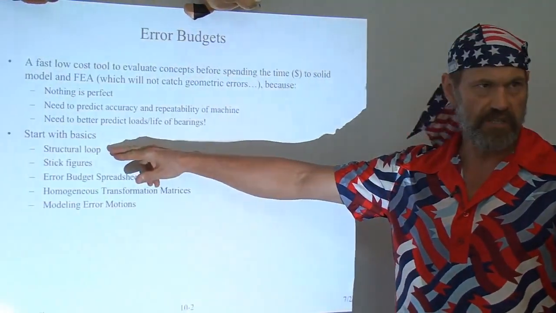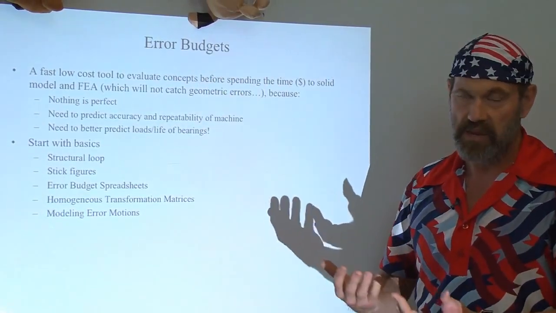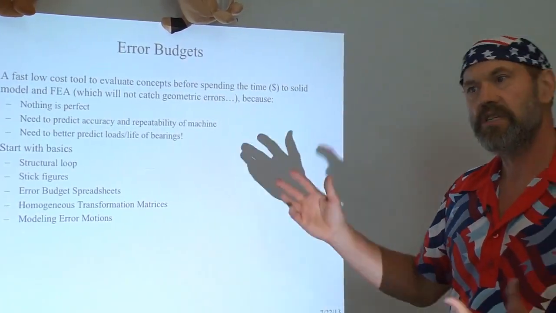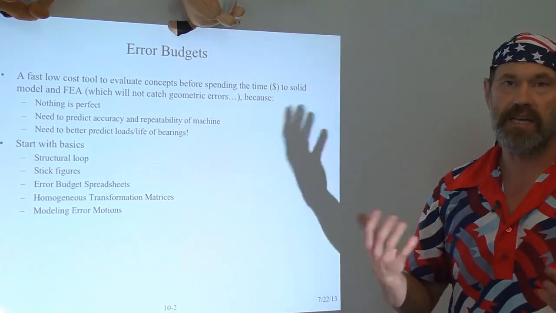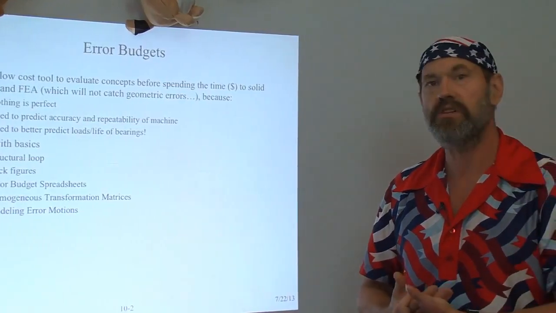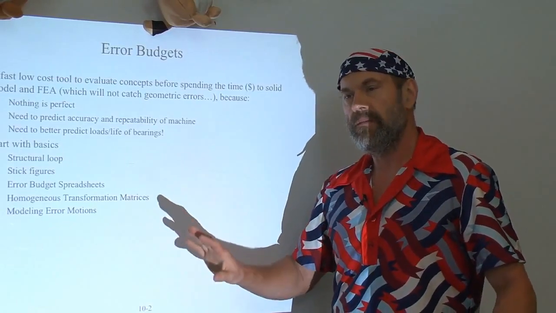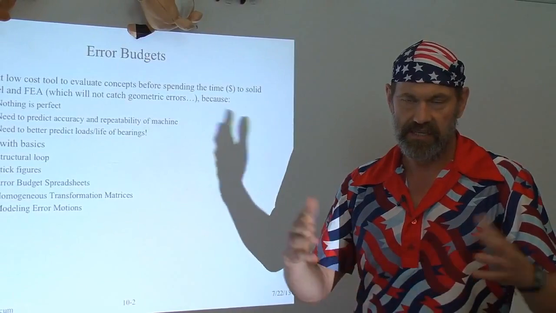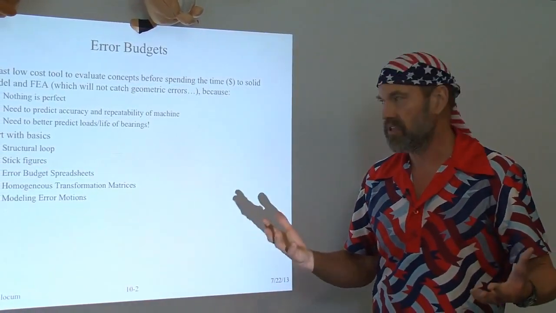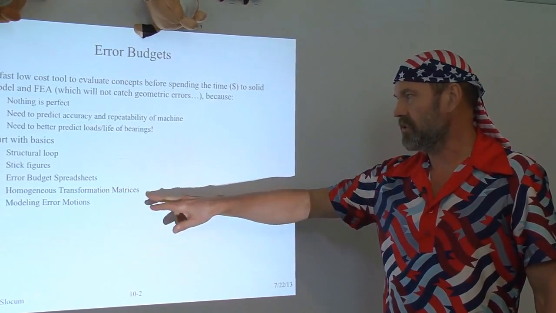The key thing we'll use for building the error budget is, as we showed just a minute ago, an image of the structural loop, which means that you may have several of those images, in which case you're going to construct several copies of the error budget for your different concepts, and that'll help you decide which concept you actually want to move forward with. We do that by just making stick figures of the machine. We initially don't want to put any sort of implied meaning behind sizes of things until we rationally pick what they are. To do this, we'll use an error budget spreadsheet, we call it,